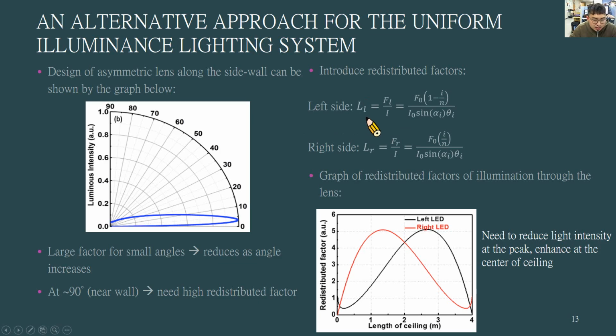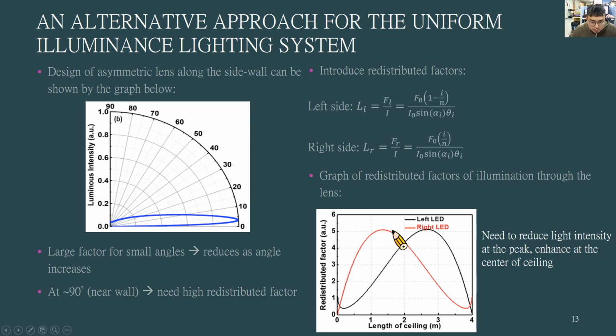redistributed factors, the capital L. For the left side, capital L is shown by the equation below, and for the right side, it has a similar equation. And this is the graph of redistributed factors of illumination through the lens. Okay, so from here, what we can do now is we need to reduce light intensity at the